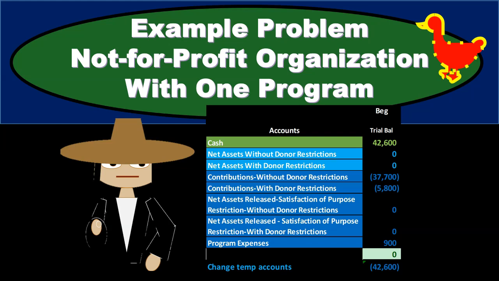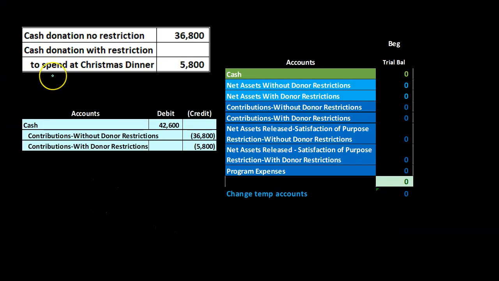In this presentation, we will take a look at an example problem related to a not-for-profit organization with one program. So a not-for-profit organization, not a governmental organization, a non-governmental, not-for-profit organization, one which has one program. We're going to have our information up top. We'll then record the journal entry down below, and we will be posting that journal entry to our trial balance